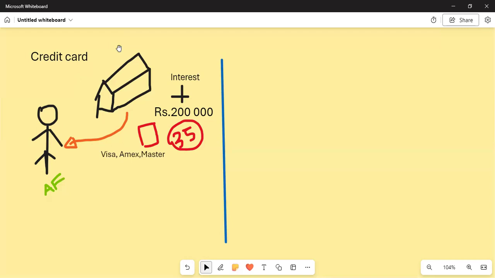There are some people who are not financially disciplined, right? They think, I have the money, and they keep on spending. Then what will happen? If you are not financially disciplined, don't get this card. You will become a debtor for the bank. Only if you have this financial discipline should you get this card.